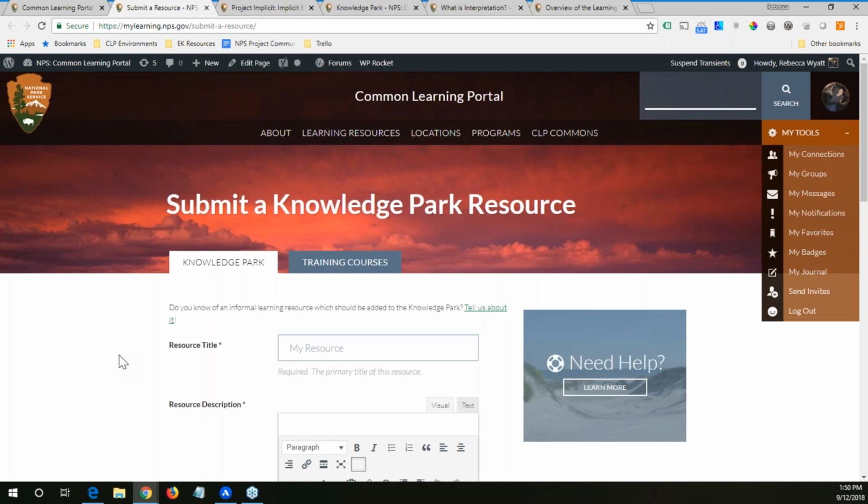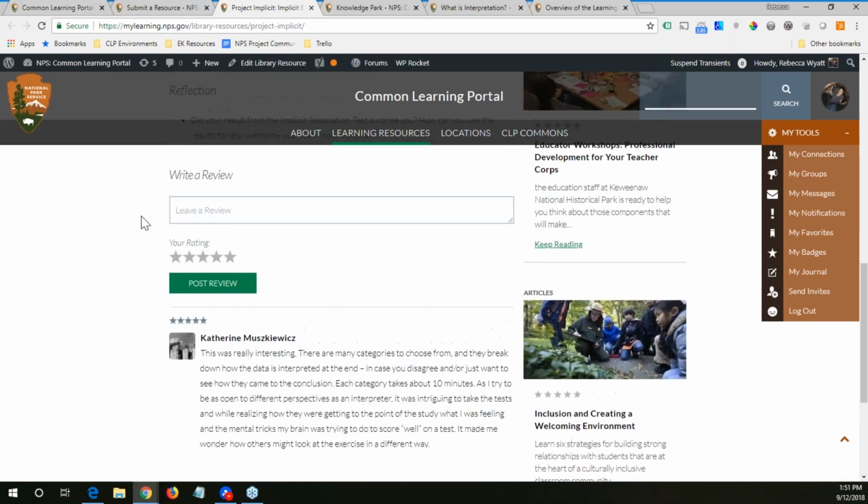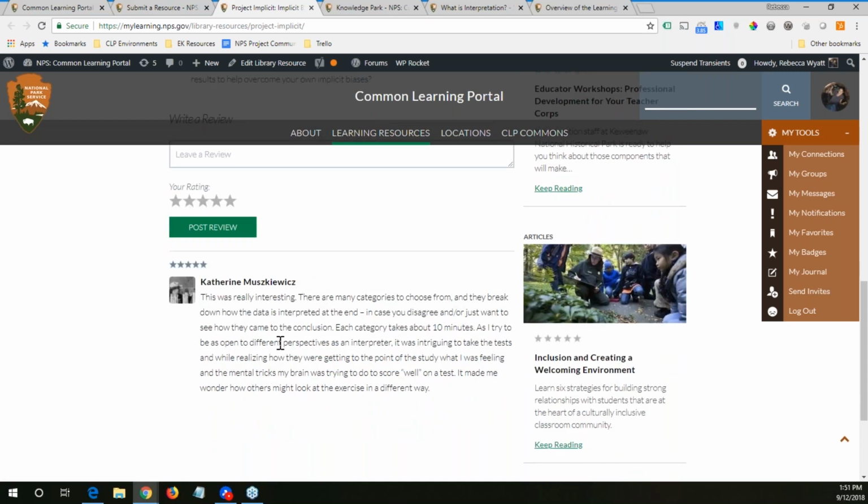And then, even beyond that, there's the need to collaboratively create and iterate and improve the information that's on this website. And so you can see that the site has the ability to write a review of the different types of content that are published on the site, leave a rating all the way from poor to great. And this is just an example of a review, a 5-star review that was left on a piece of content